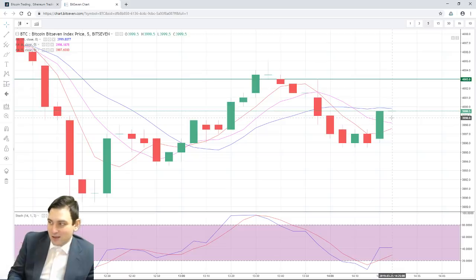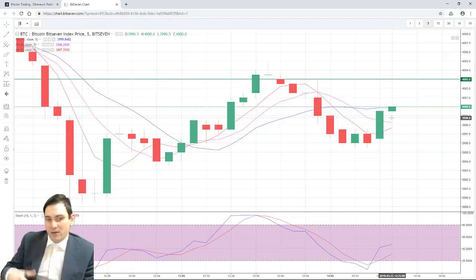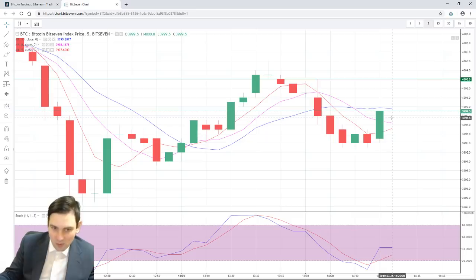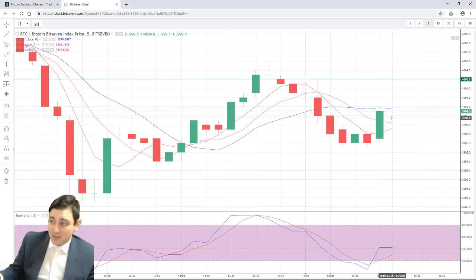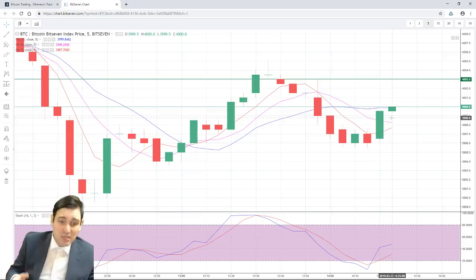And we have market movement, speculation, and we have processes in the digital economy, the investment in it, the development of technologies, the upgrades for digital currencies like for Ethereum, for example. And I think this big sell is